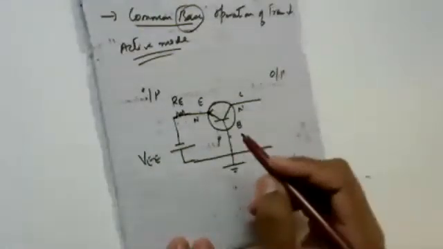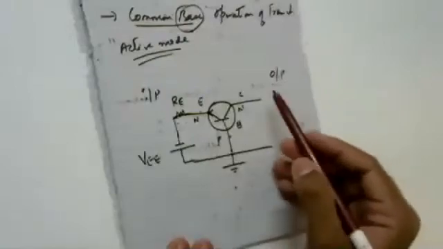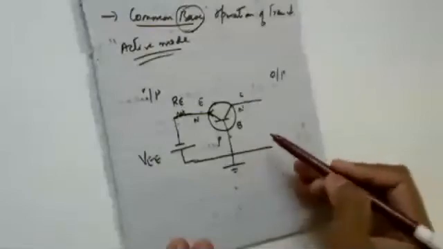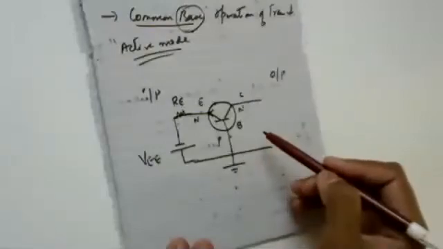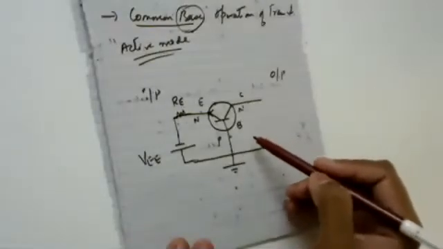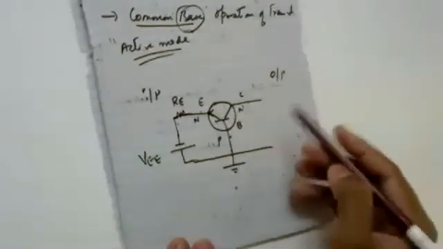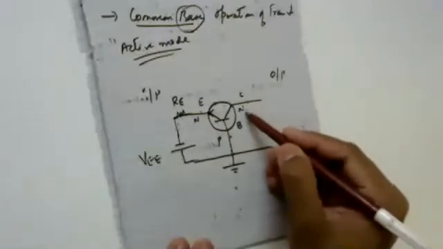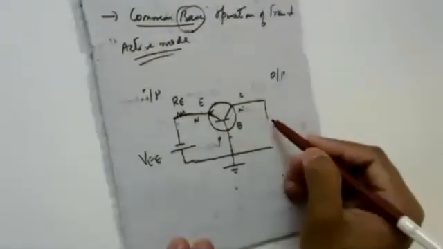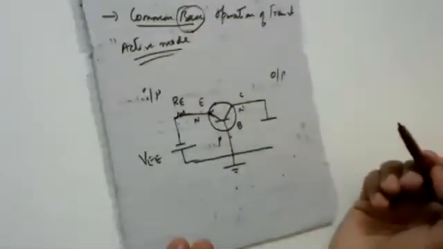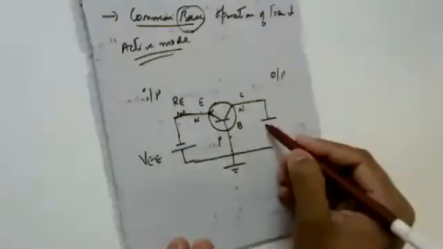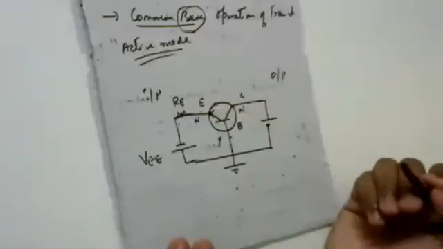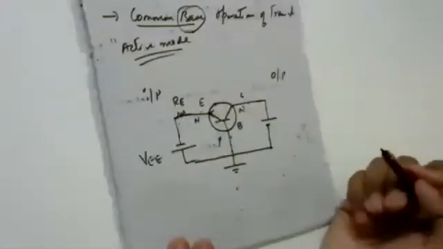Similarly, with respect to the collector to base junction, this has to be reverse biased. Since this has to be reverse biased, what should I do? This is the N section, so I need to connect the positive terminal of the battery here, and the negative terminal should be connected to the base. So this is reverse biased.